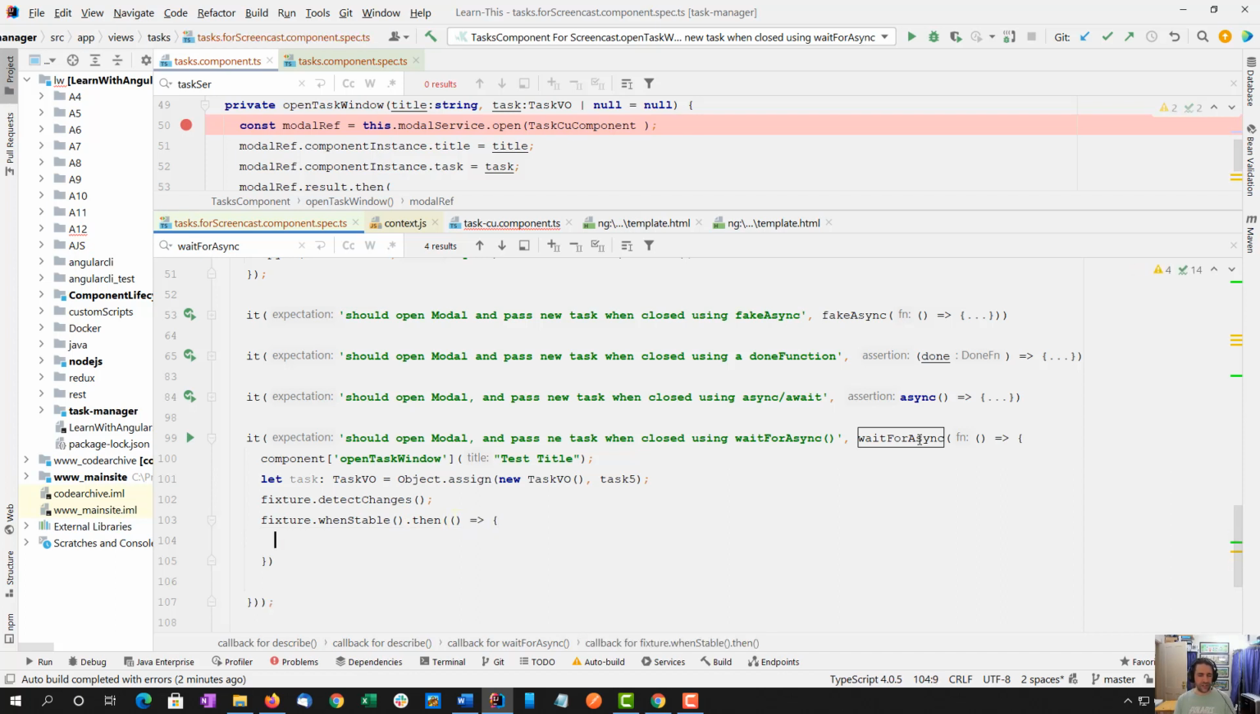So detect changes tells Angular to tick its redraw cycle one step forward, and that'll initialize a bunch of components and stuff. Then when stable, we're telling Angular, or this testing framework, that we want to wait until things are stable before running this next block of code. And the first thing we're going to do here